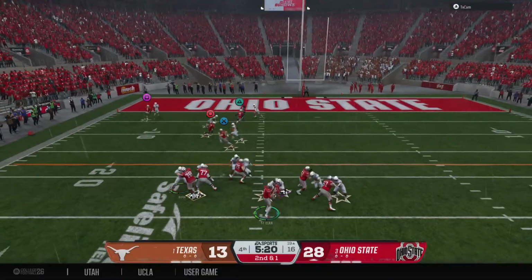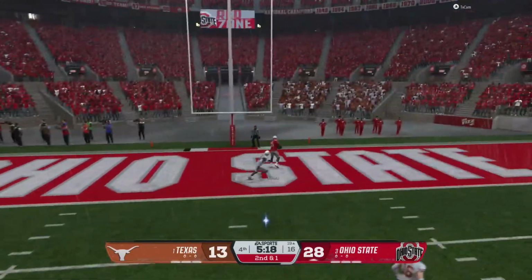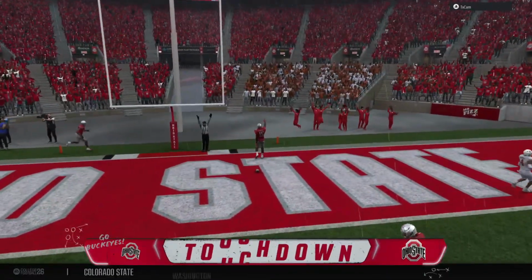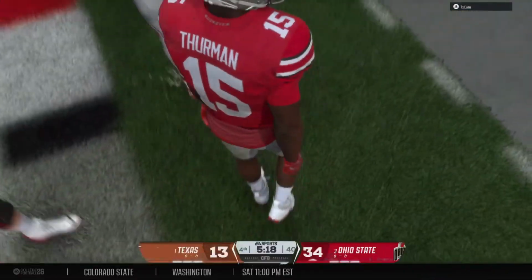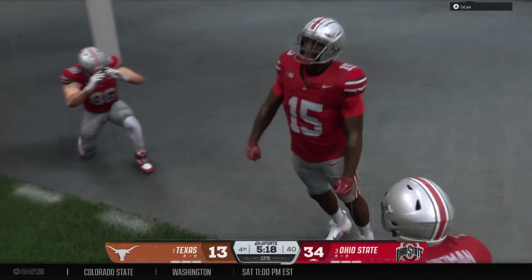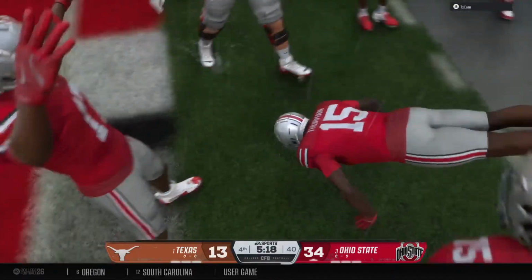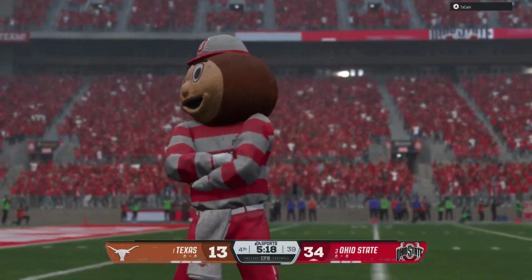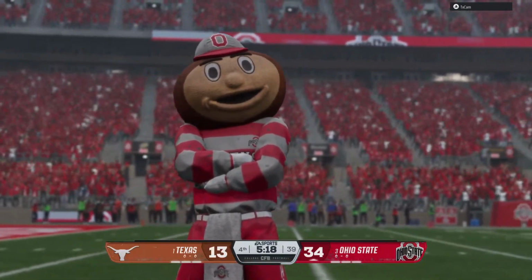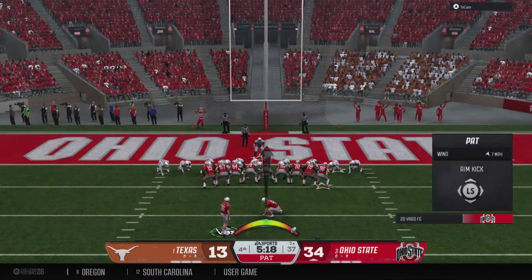Off the play fake, looking to pass it. Launching one to the end zone. Touchdown, Ohio State. They are pouring it on now. Hey, Chris, the threat of these receivers to the outside really did a nice job of opening up the interior. And the quarterback reads that, sees that he's got the post wide open to the tight end, makes a great throw for that touchdown. And they'll set up with PAT.